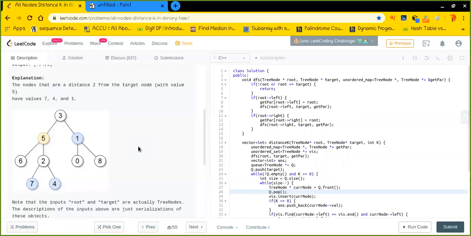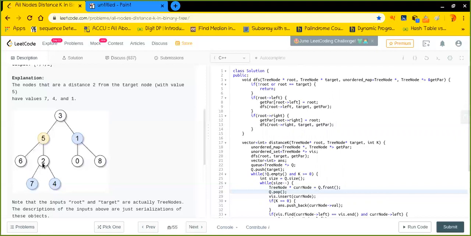All right, so let's do a quick recap. Why did we really need the mapping right here? Basically, we can simply do a simple breadth first search, because we have access to both the left and right child for any such node. Unless that is a null node, we have access to the left or right node for any node, right? So that is where we can always move downward.